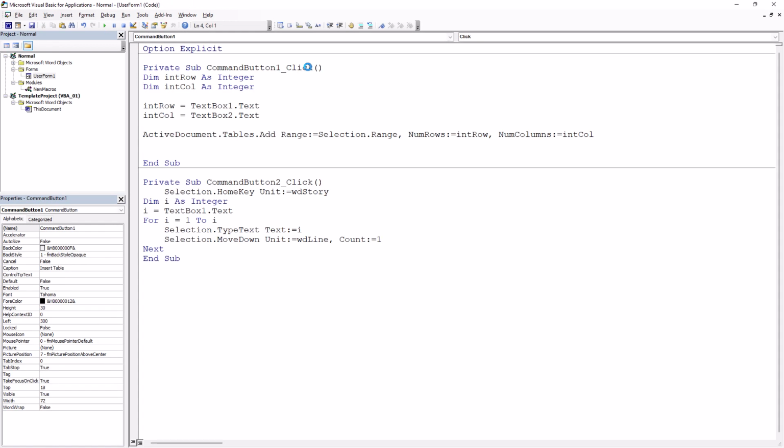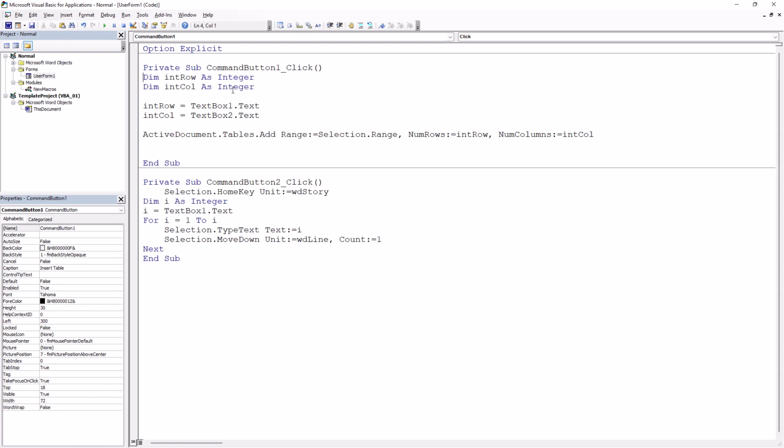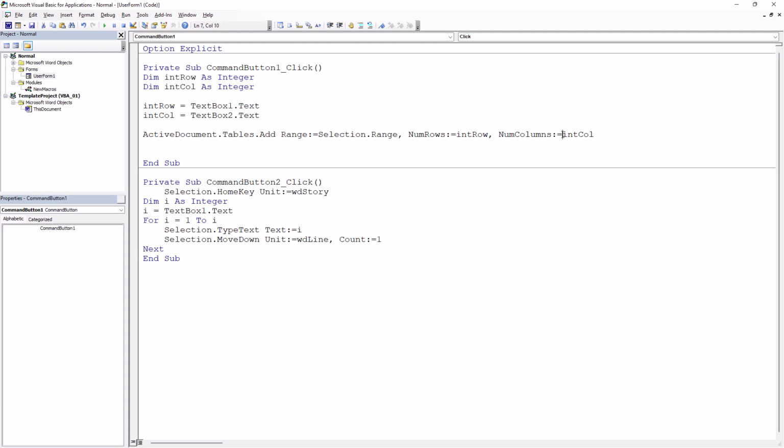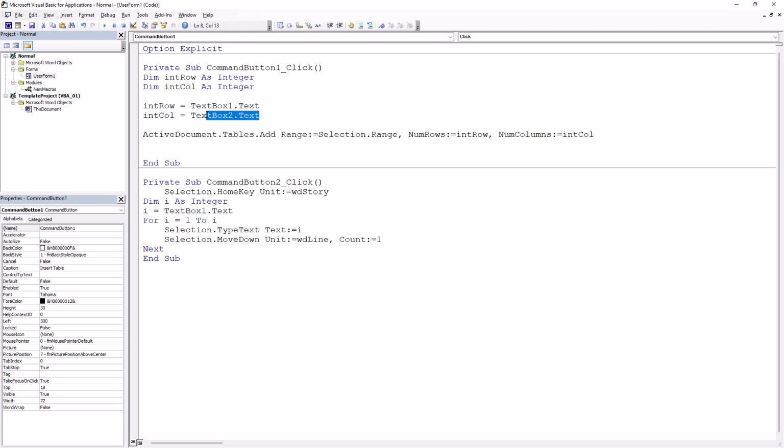In the insert button, I defined two variables for row and column, and I assigned the first text box value to the row and the second text box value to the column. And then we made our first table. Make a table with how many rows are inserted in text box 1, and how many columns are inserted in text box 2. And for the second button, for making auto numbering,